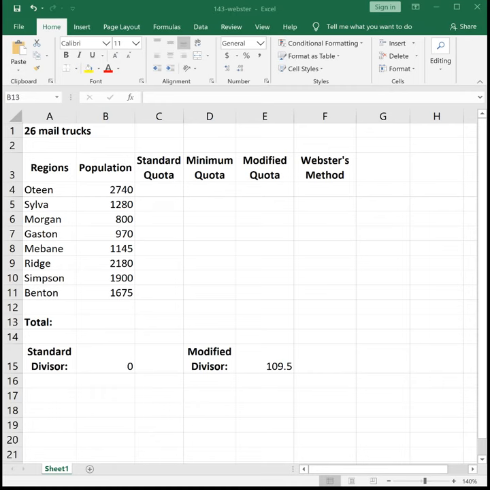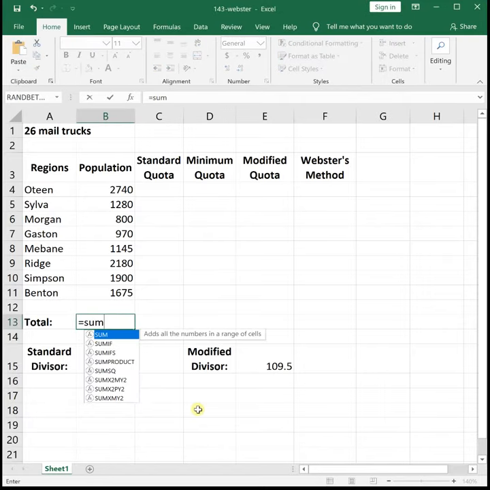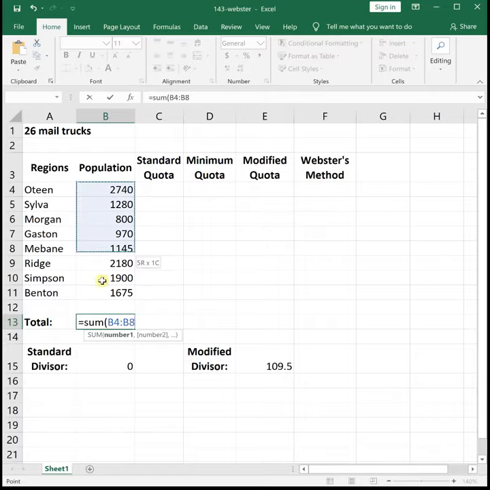In this video, we're going to see how we do apportionment using Webster's method. For this scenario, we're looking at 8 different regions in a county, and we're looking to divide 26 mail trucks between these 8 regions proportionately. So just like with our other two methods, we're going to start by finding the sum of the populations in